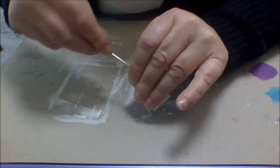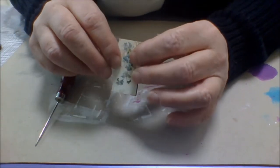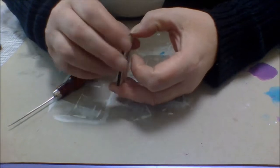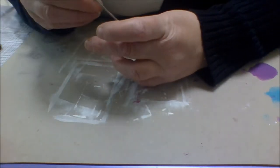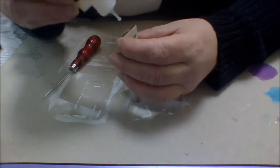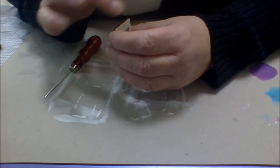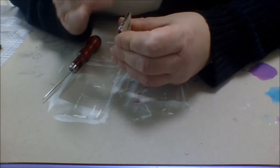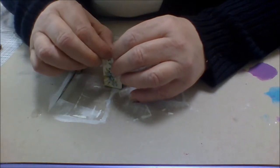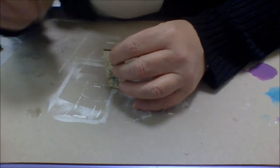So yeah, just give it a little, like that. Doesn't have to be perfect. Now I've got to sort that out because I've done too much. So all I'm going to do is put some glossy accents along there, make sure it doesn't come apart. And I can still see my hole,